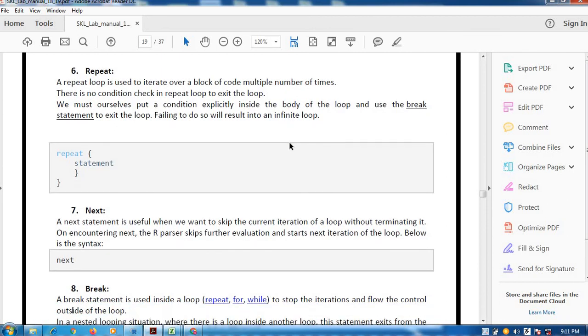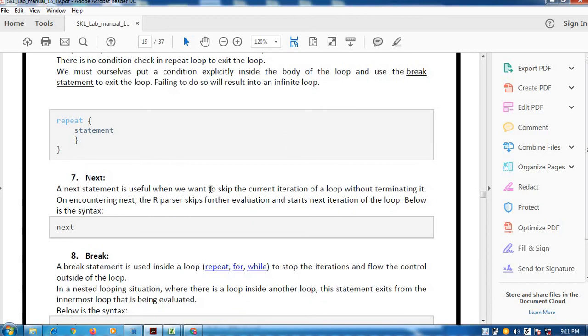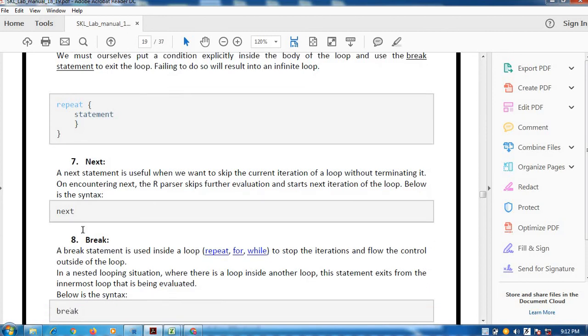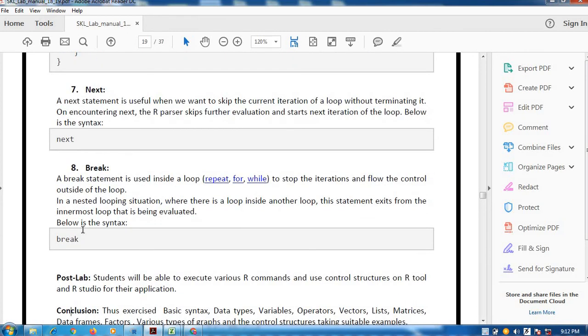Then next statement is useful when we want to skip the current iteration of a loop without terminating it. On encountering next, the R parser skips further evaluation and starts the next iteration of the loop. Below is the syntax, that is only next you have to use. Now break.